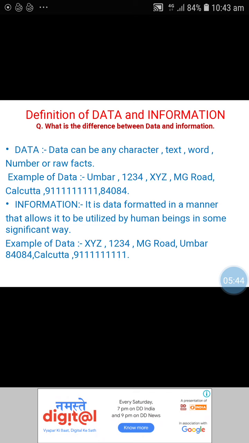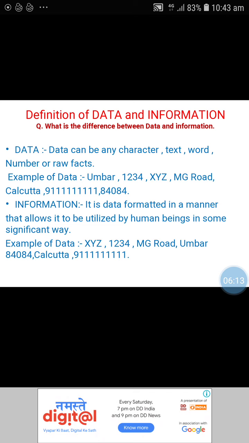But from information you can take out some conclusion. Data means raw facts; you cannot analyze anything from the data, but from the information you can analyze and take any output.